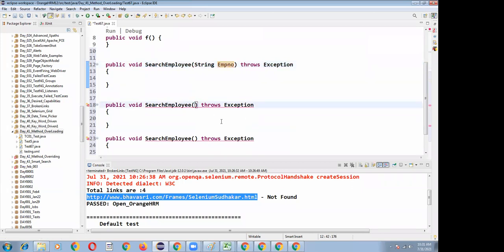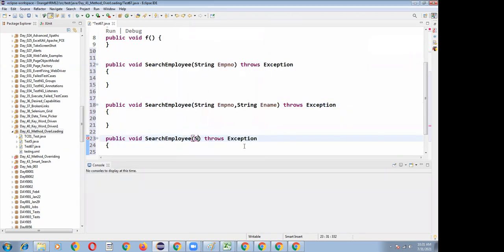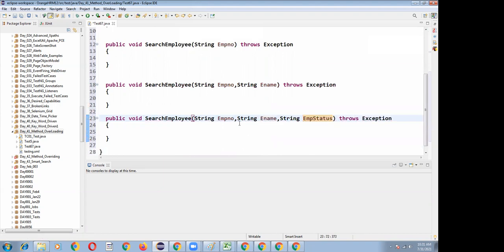Here I am writing string employee number, then string employee number comma string ename, and then string employee number with employee status, which might be permanent or full time or whatever.